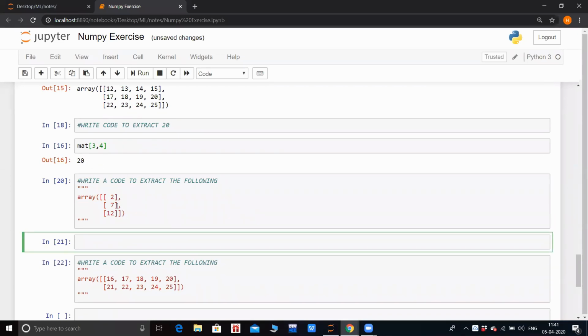Now moving on to the 2, 7 and 12 grabbing part. I'll wait a bit because this is a bit tricky.